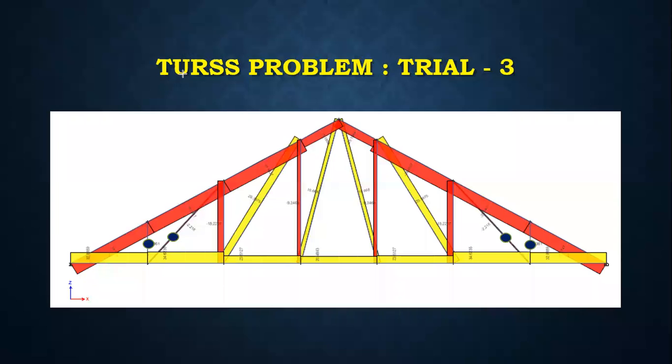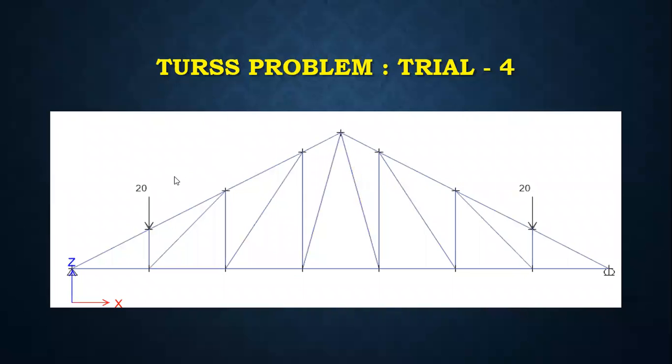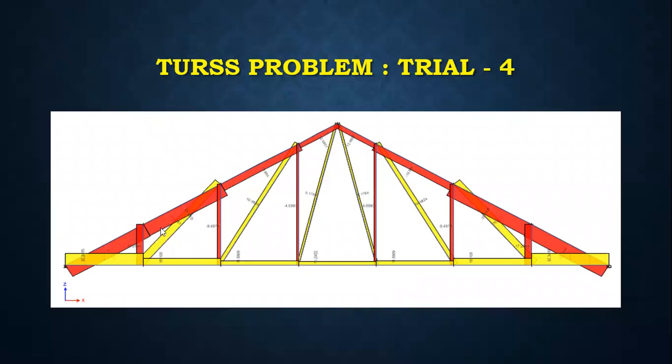And let us see what happens if I apply the 20 kilonewton load at the extreme joints. I think the concept is clear. This 20 kilonewton point load is transferred to all the members in the truss. Let us see the same concept. If you apply the load at these 2 points, this total 40 kilonewton, or 20 kilonewton each, will be distributed to all the vertical members and inclined members as shown in the figure.